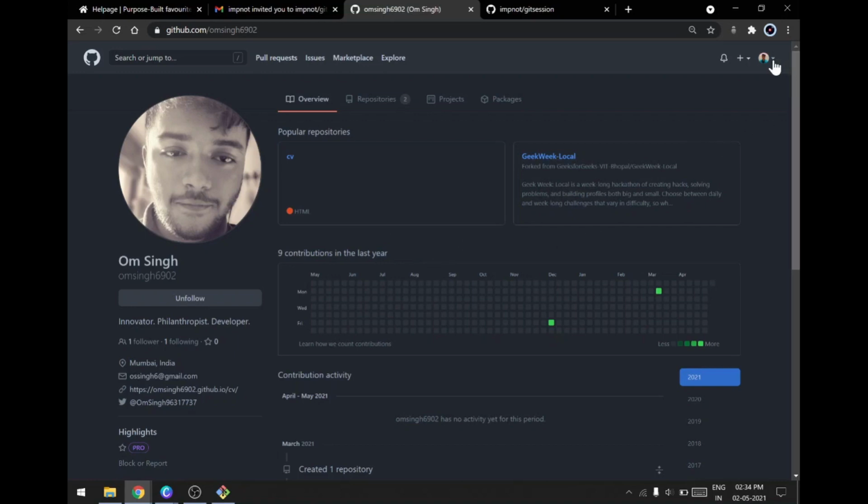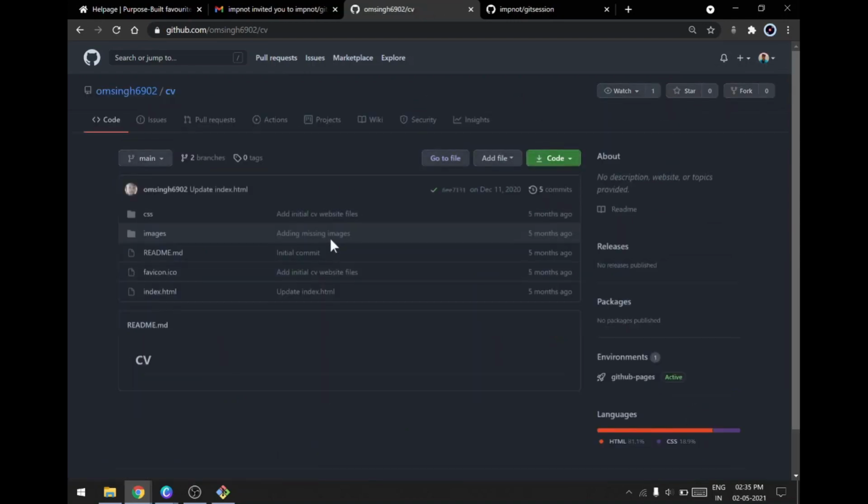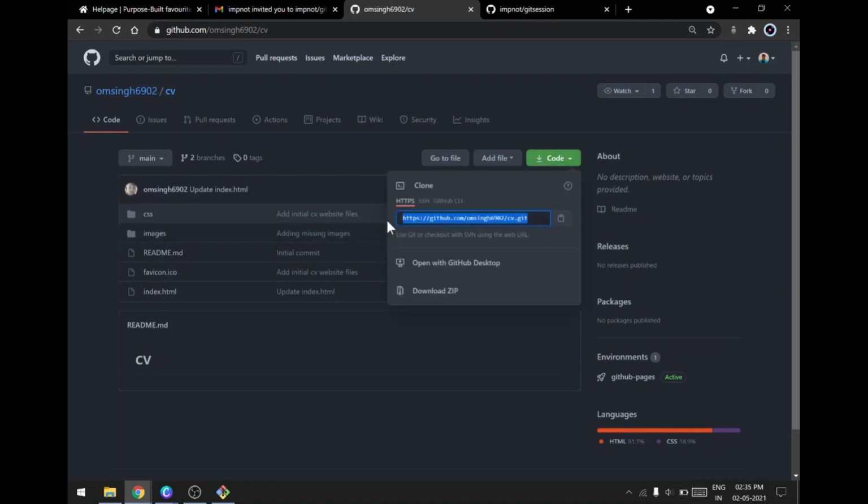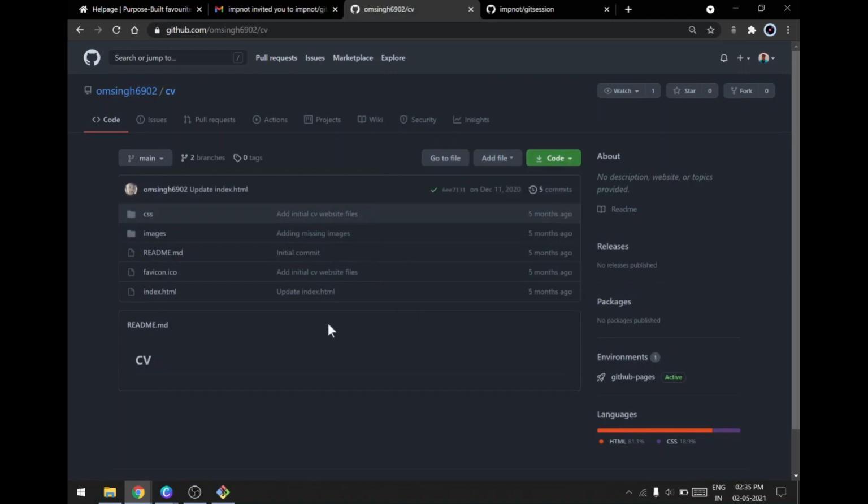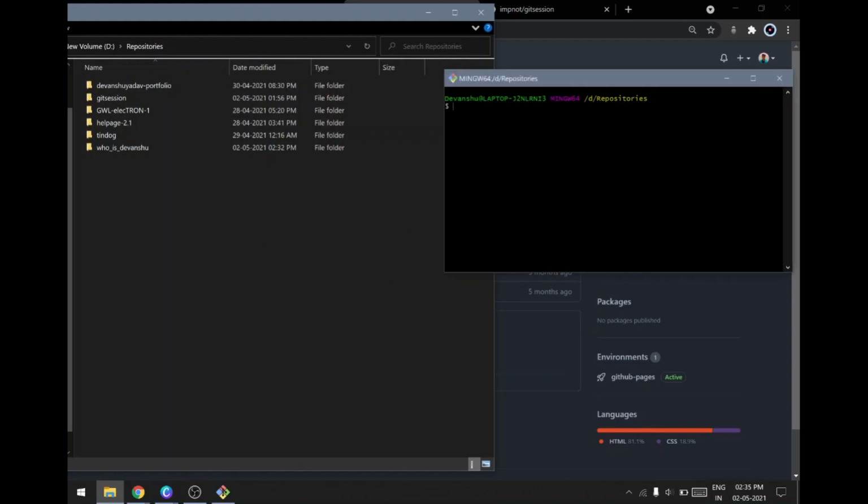So right now I am signed in with my primary account and this is Om Singh's account. Let's open his repo and we'll first clone this. So I'll directly clone it onto my repositories folder.